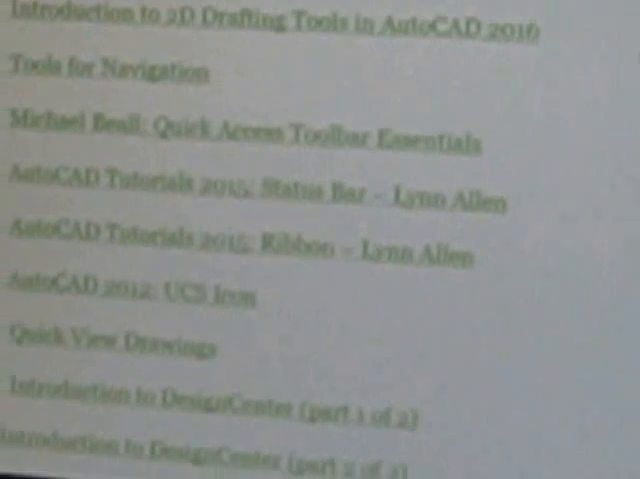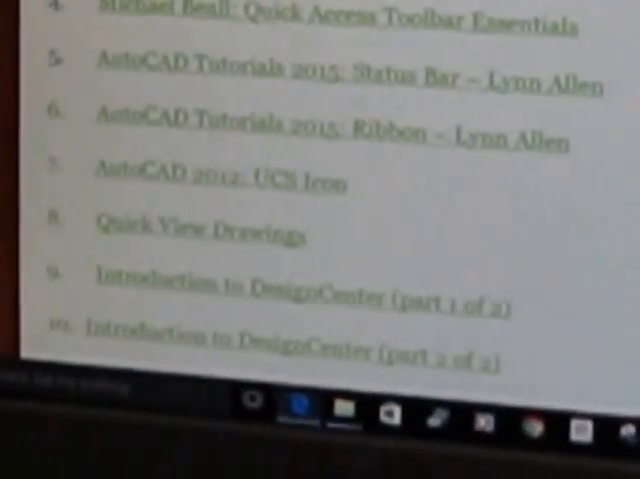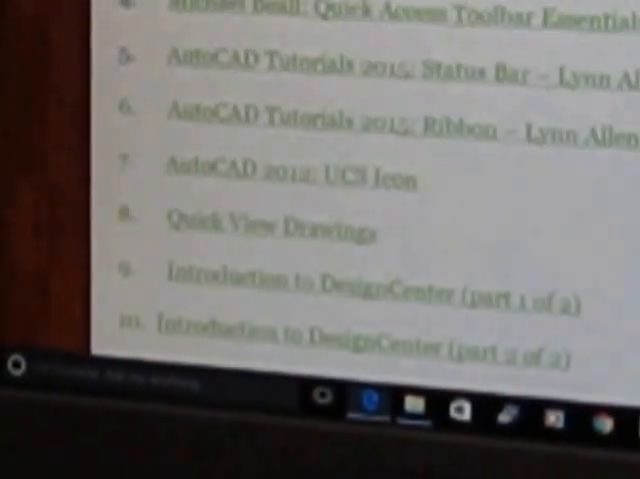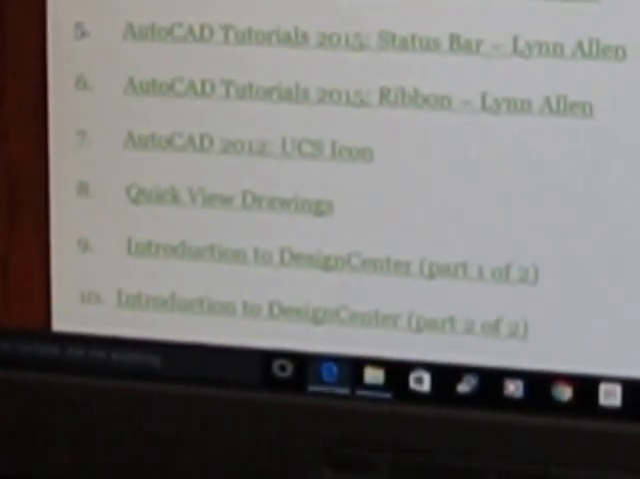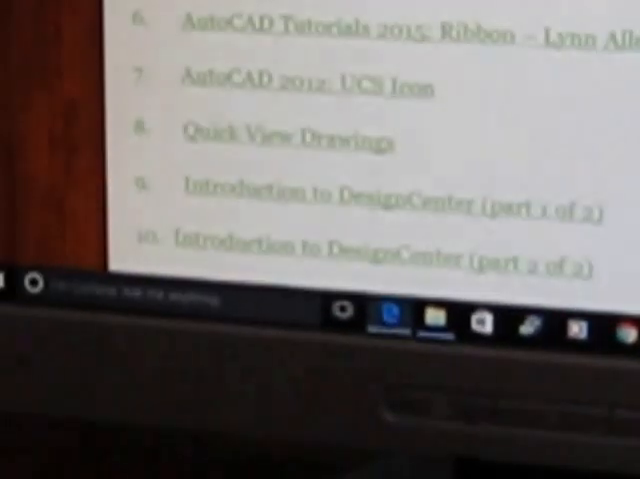Okay, how many links of this website did you watch on a smart TV? I've watched 6 of these videos. And was it good for you? Yeah, it gives you the basic steps to start an AutoCAD drawing. Okay, then